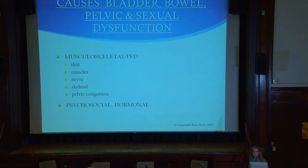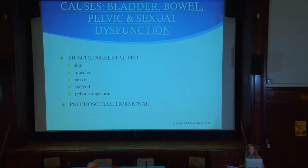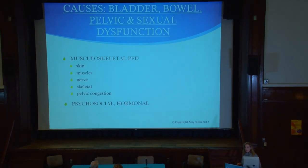So the causes from a musculoskeletal point of view can be from skin pain or irritation or myofascial pain, connective tissue tightness or scarring in that region. Muscles can develop trigger points and tightness. Nerves can get irritated. Skeletal malalignment can occur. If any surgery results in having to cut a ligament, that could contribute to skeletal malalignment of the sacroiliac joint or the lumbar region, as well as pelvic congestion, and as well the psychosocial and hormonal issues that contribute to